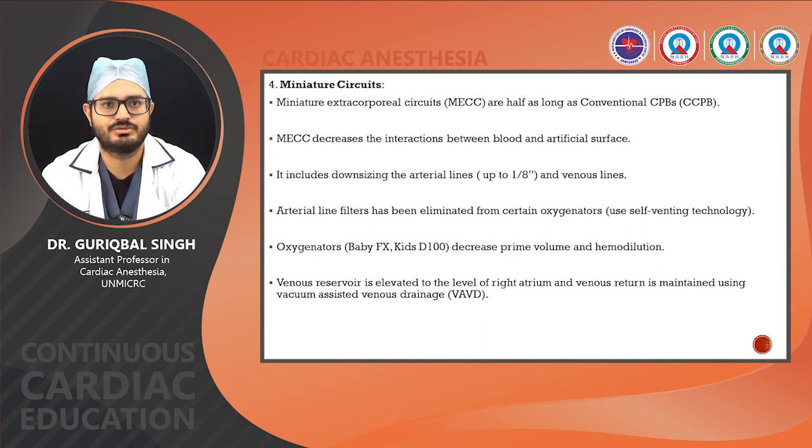surface. It includes downsizing the arterial line and venous line. Arterial line filters have been eliminated, certain oxygenators use self-venting technology, and oxygenators like Baby Fx decrease prime volume and hemodilution. The venous reservoir is elevated to the level of the RA and venous return is maintained using vacuum assisted venous